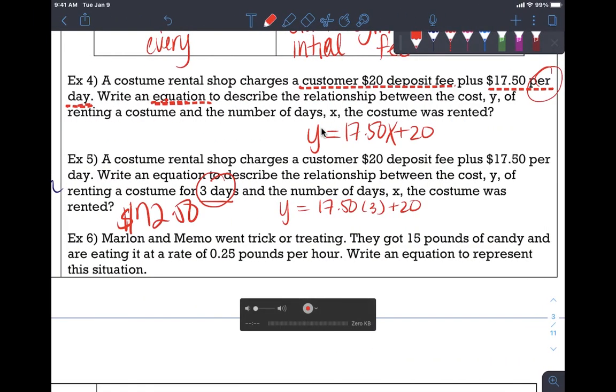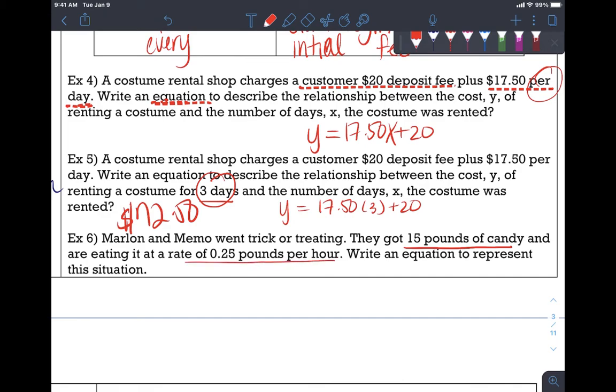All right, last one. Marlon and Mimo went trick-or-treating. They got 15 pounds of candy and are eating it at a rate of 0.25 pounds per hour. Write an equation to represent this situation. Okay, so this one's going to be a little bit different, but I just need you to pay attention, all right? So first thing,